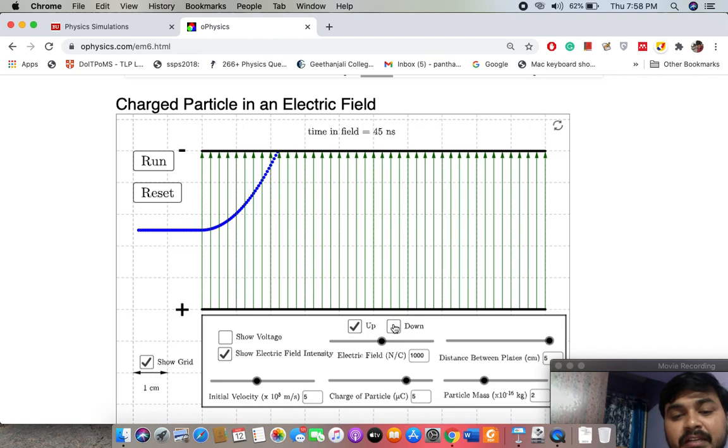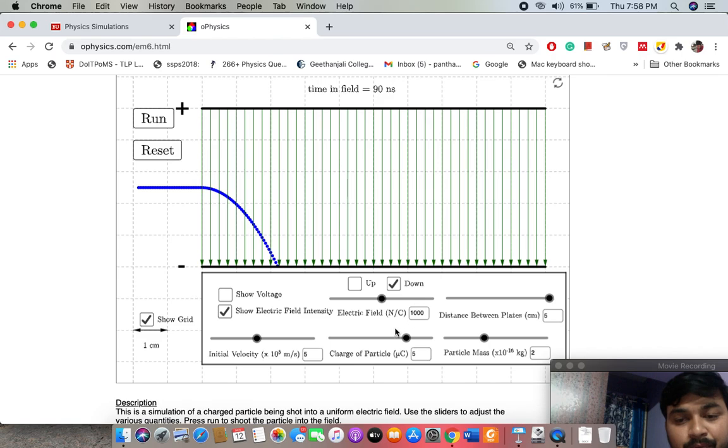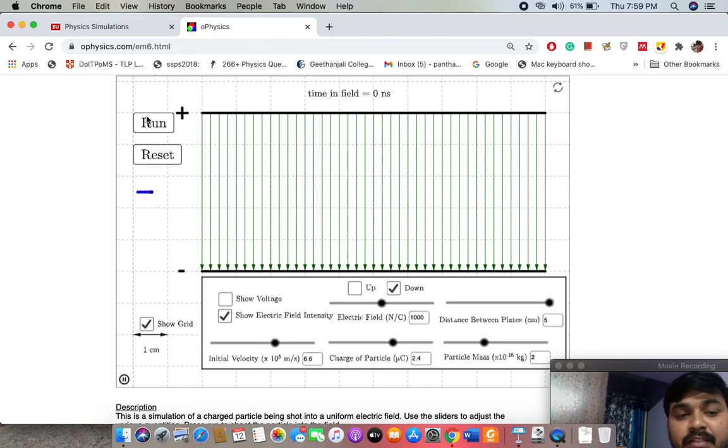For example, if the electric field is, let me say, downward, then what will happen? Let us see. It should deflect to the downside. See, that is the deflection. Very effective animation, this one, and you can change the components very effectively and observe. The charge of the particle you can change, and initial velocity also you can change. What will happen when you vary the initial velocity? What is happening? The more the charge and the more the initial velocity, the smaller the radius. So that is the thing.